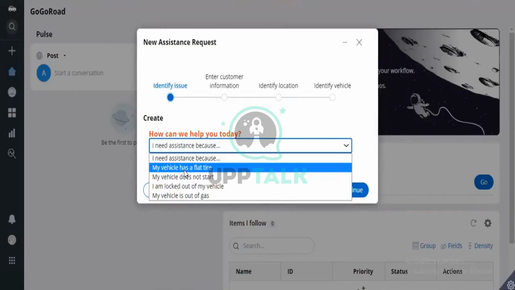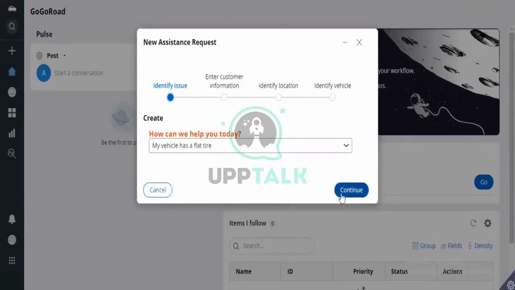Now, you are a customer. Let's see the application from a customer perspective. You have logged into this Go Road application on your mobile or laptop or wherever you want. Now you are raising a request because your vehicle is having some problem. You are actually requesting vehicle support. It is asking what the problem is. If I select this one and click on continue,